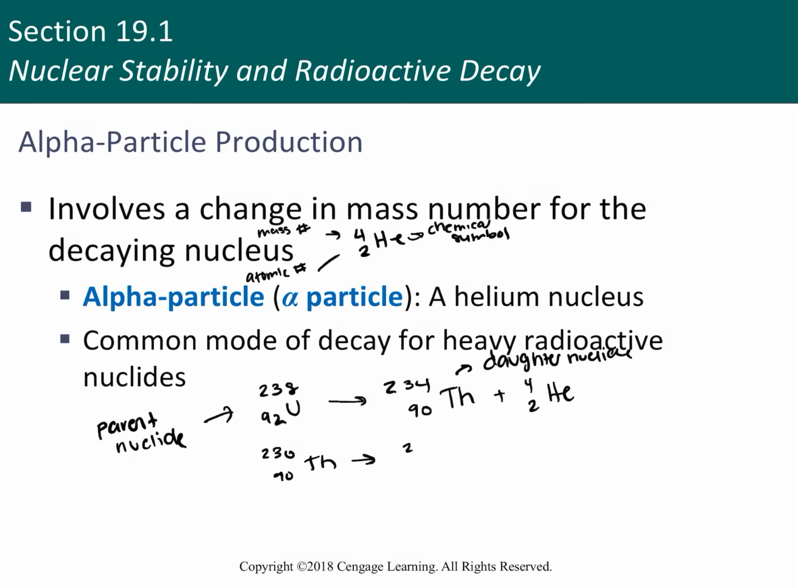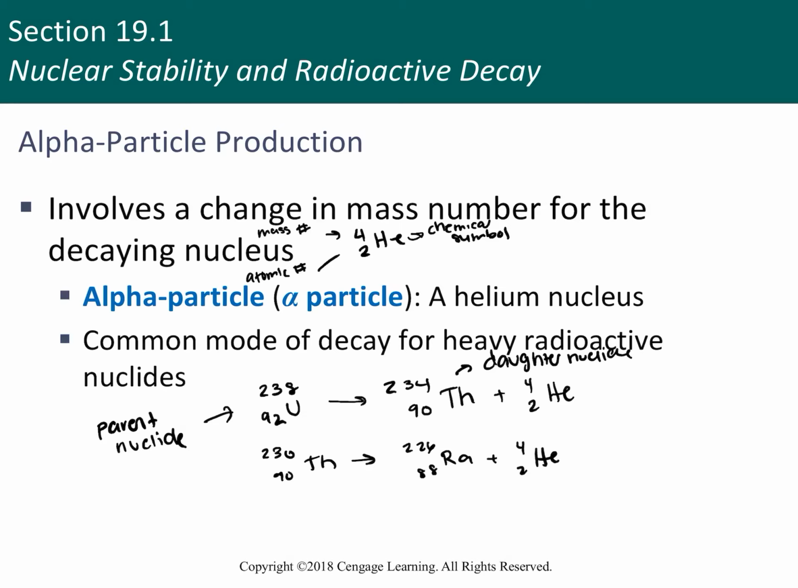Well, if it undergoes alpha decay, that means you would have 230 minus 4, which is 226, and then 88. And you would look up any element by its atomic number. This would be radon, plus your alpha particle. It doesn't matter if you write your alpha particle first on the left side or last. Where here thallium is your parent nuclide, and helium, your alpha particle, and radon is